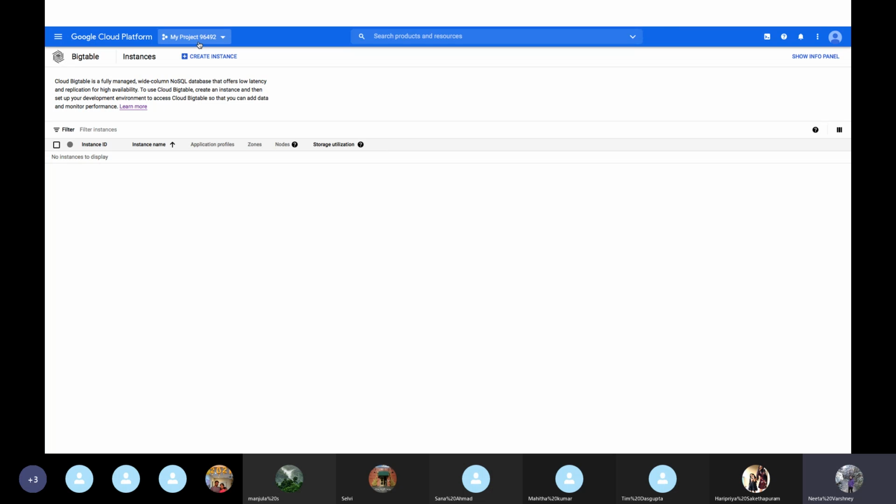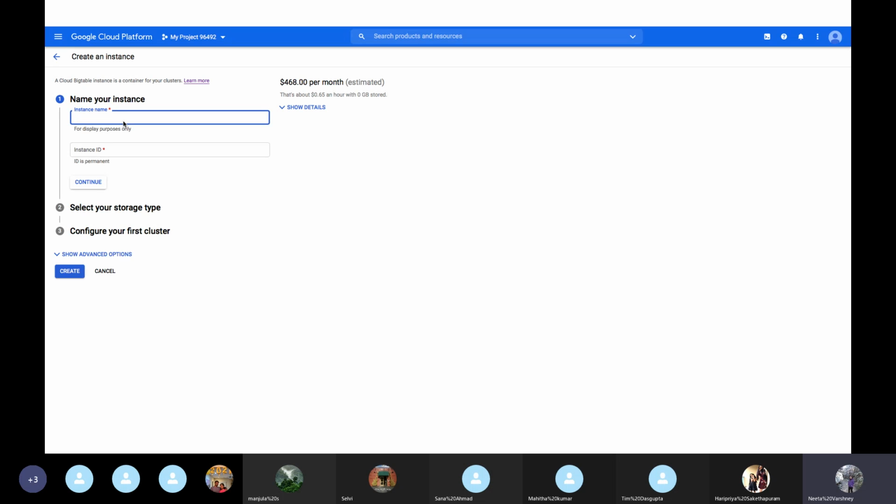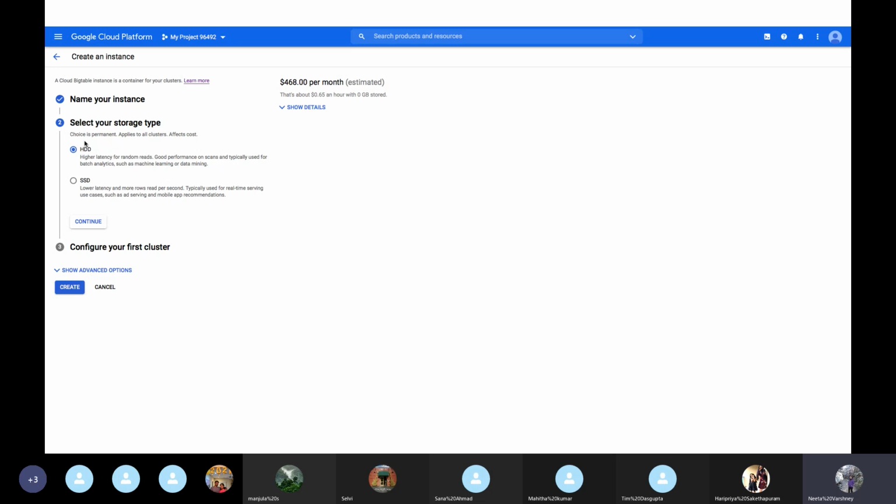So this is my project. I have already created it, and now I'll create a new instance here. Here is the selection for storage type. The choice is permanent.